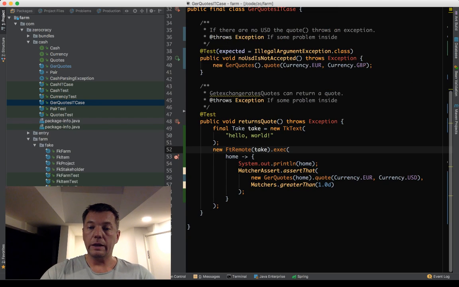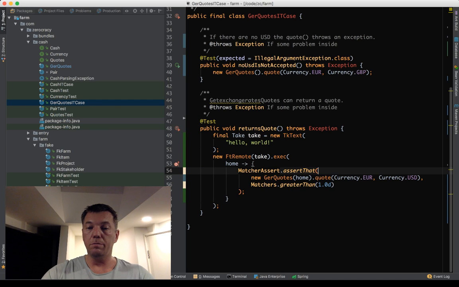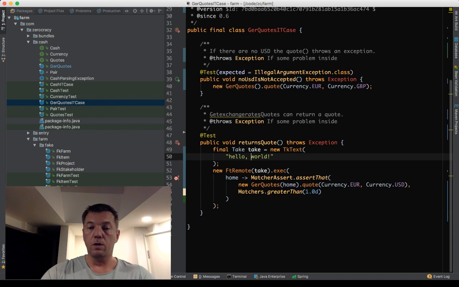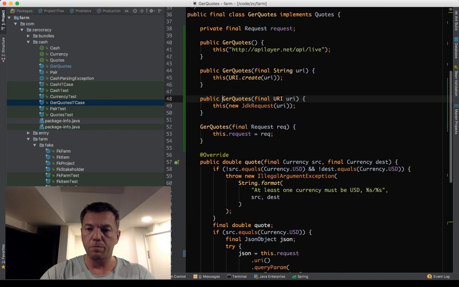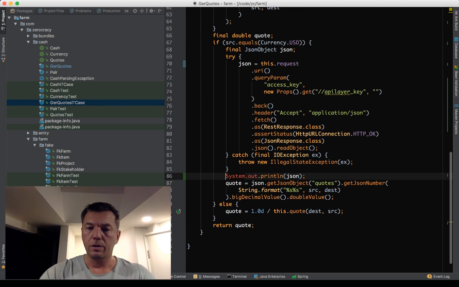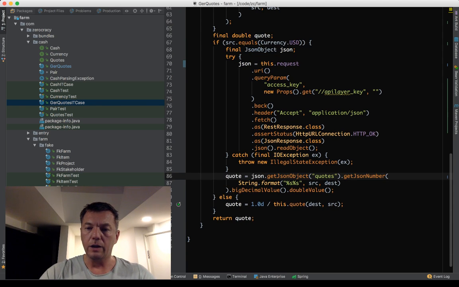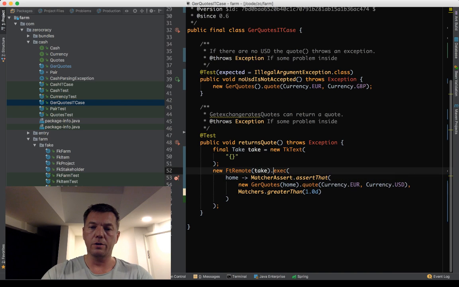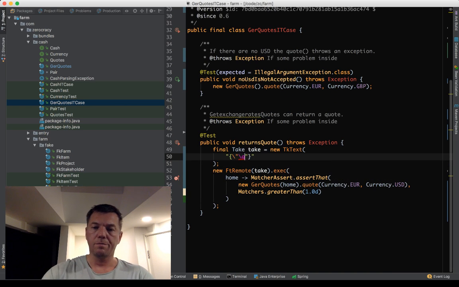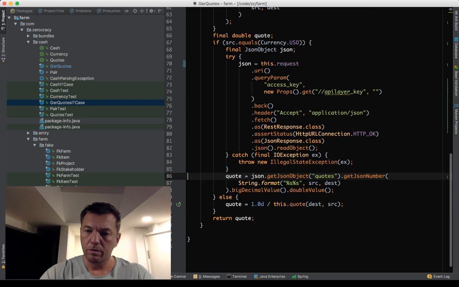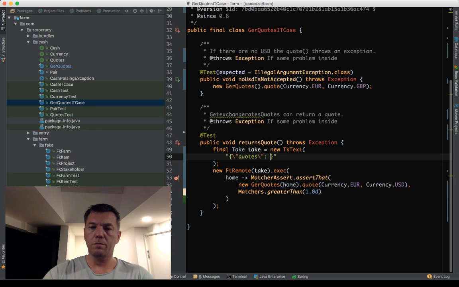So the next step would be to actually make the real JSON, right? So how about we say it like this? I don't know what it needs, but let's check what the API returns. Let's say, so we need quotes and then source and destination and then double. Okay, so I guess it's like this. Quotes and then JSON number. Okay, so it's like this, I guess.